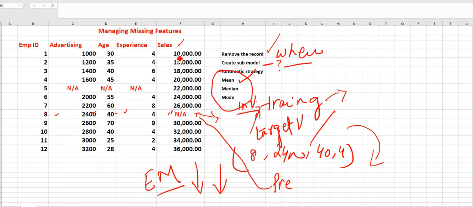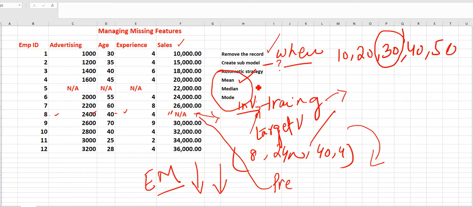Whatever data is given, you first arrange it in ascending or descending order, and then write down the value that comes in the center. Suppose here we have 10, 20, 30. It is already in ascending order, so 30 is the middle value we will write down here. That applies if the count is odd. If it is even, suppose 60 here, we cannot have only one number, so we have two numbers in the middle. You add these two numbers and divide by 2, and whatever comes, you write down here as the median. And the third one is mode, right?